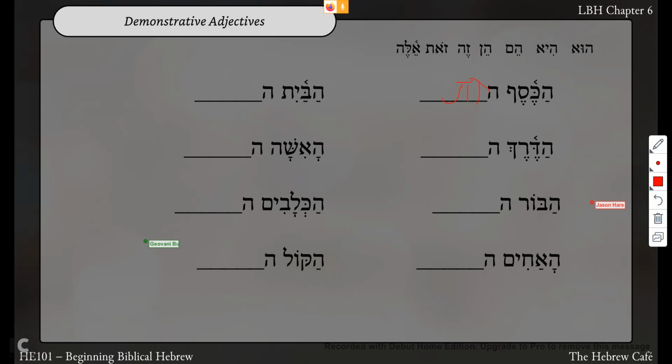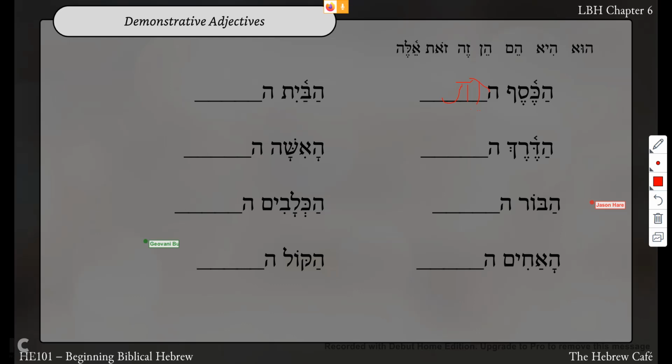And then there's going to be that road. That road. So that way, it's pointing away from us, right? Yep. Could you say haderech ha'ele? No. Correct. And why? You wouldn't agree with it. I can't explain that. Yeah, you're in the right direction. It wouldn't agree with it. Like ele doesn't agree with derech because ele is